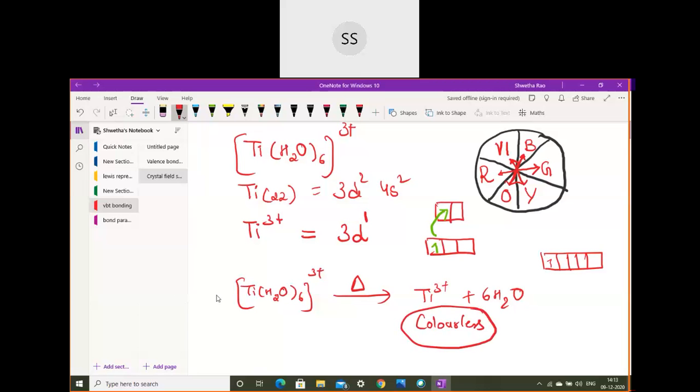So that is how complexes appear colorless. Copper sulfate, when hydrated, appears blue in color. The reason is that it absorbs the orange wavelength, responsible for the orange color. That much wavelength is absorbed and the remaining is given out. So hydrated copper sulfate appears blue. But if you remove the water molecules and make it anhydrous, anhydrous copper sulfate is colorless. I hope the color part is clear to everyone.